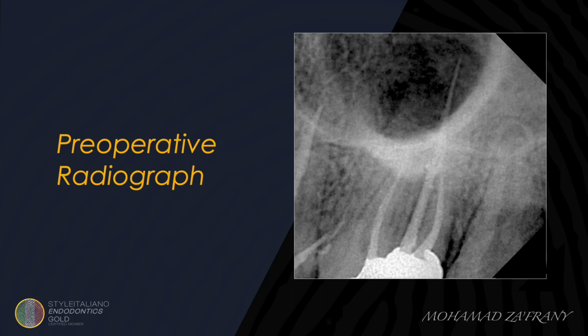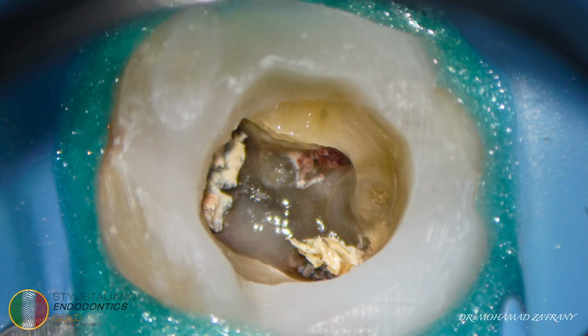From the preoperative radiograph, we can see a periapical lesion related to the mesial aspect of the tooth. With a deeper look, with more inspection of the radiograph, we can also see the possibility of complex anatomy. Here is the access cavity after removing the old restoration. We can clearly see the site of the complex anatomy, and it was very interesting to find another mesiopalatal canal in